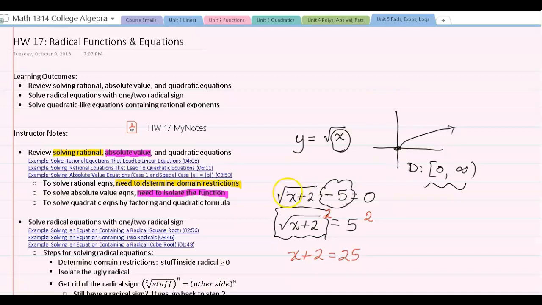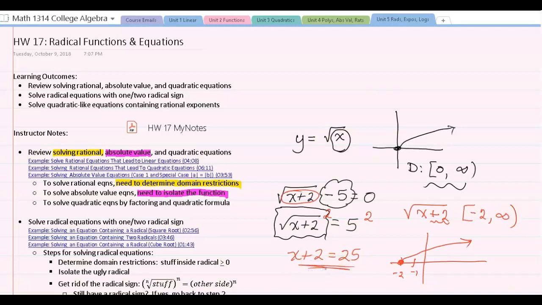Now remember that when we have the square root of x plus 2, that's a transformation that says to make it go 2 to the left. So it actually starts here. So we can have a -1 or a -2 as an answer, but it would not be able to have -5, let's say. So that's the reason why we need to remind ourselves of our domain restrictions, or our domain for our radical functions, because we're going to have to check that,